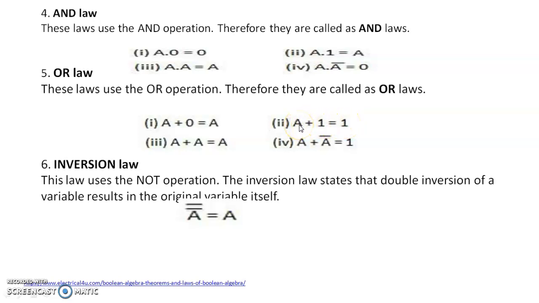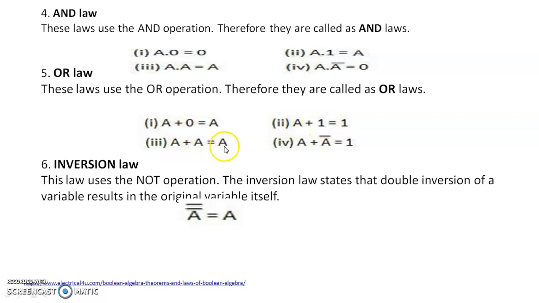Suppose you consider the value of A as 1. So 1 plus 1 is equal to what? It is again 1, not 0. Because in OR operations, if any one of the input is high, the output will be high in OR truth table, right? So that's why if you consider A value as 0 or 1, the output will be the same, 1 here, because already that value is added with 1.